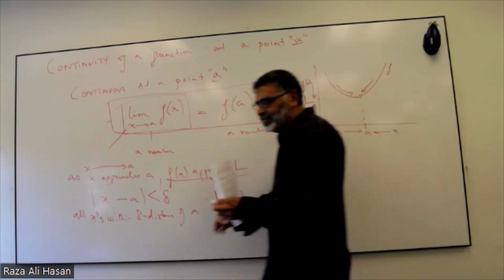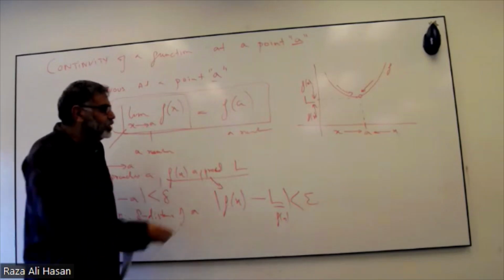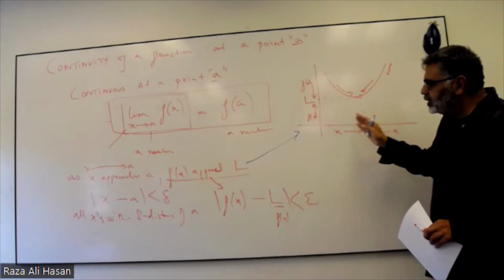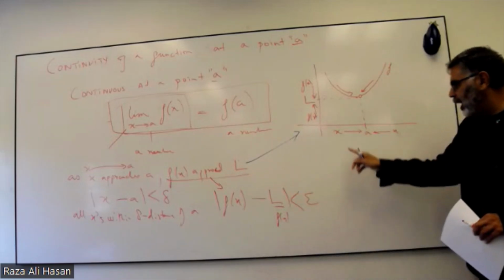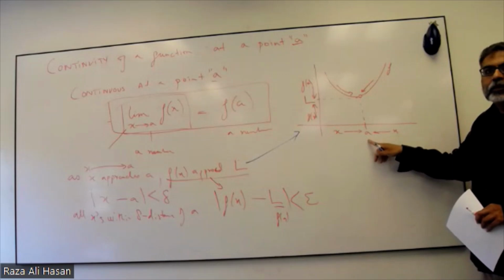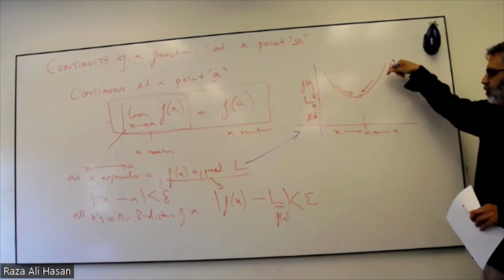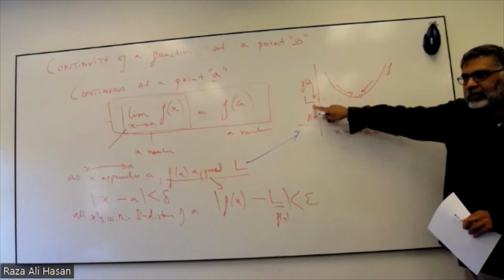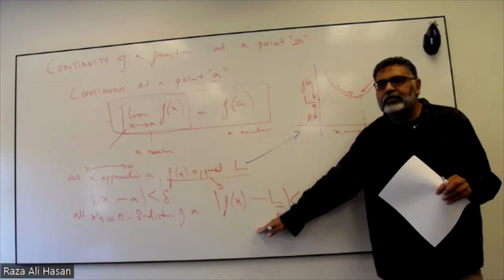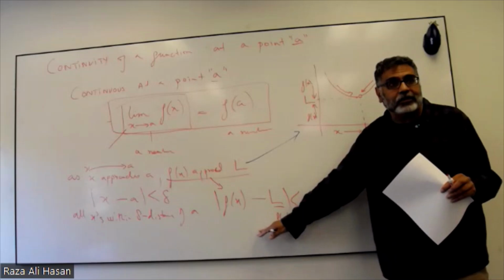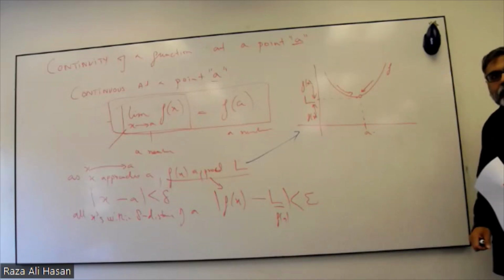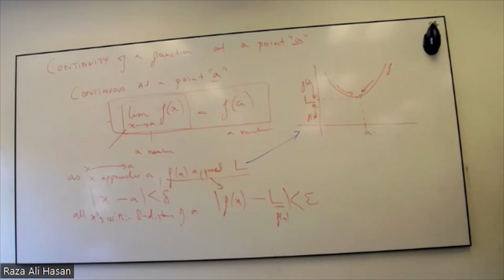Let's see, how do I change this? So right now, this represents the intuitive way of thinking: as x, all the different x values, approach this center point A, all the functional values approach L. And how do you say that in rigorous math so that you can do proofs and talk about this? You take this out and you say that if there is an open interval around A,